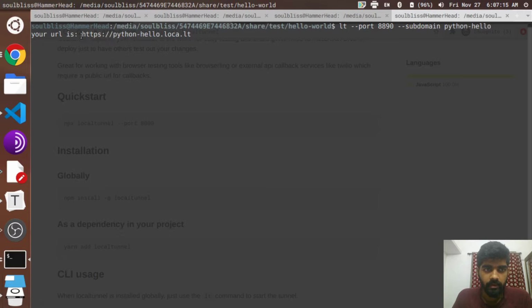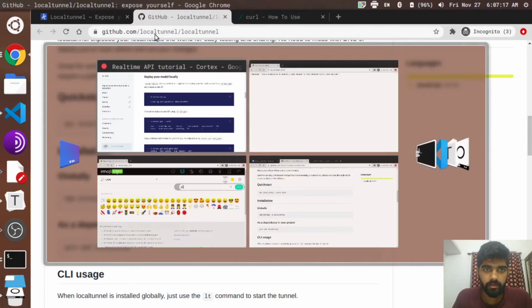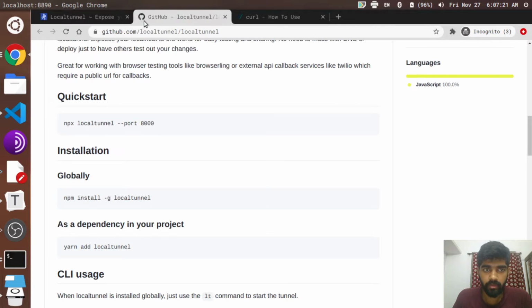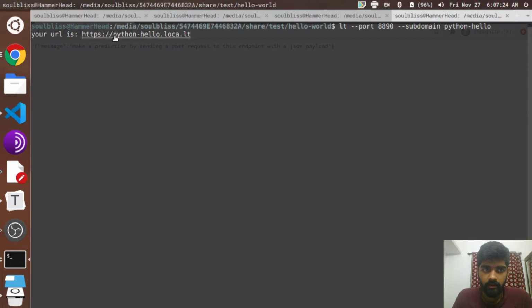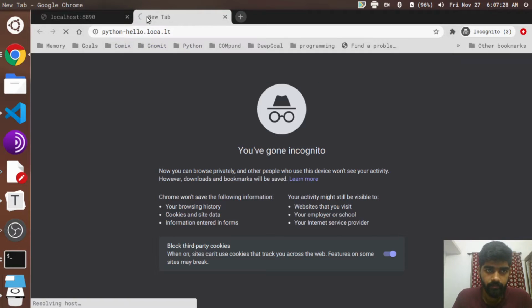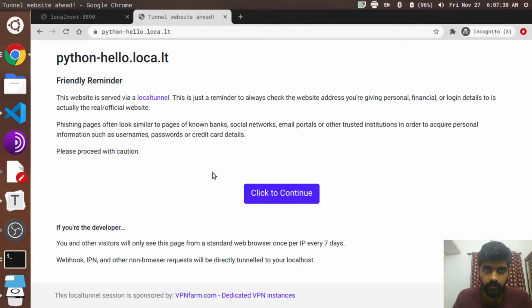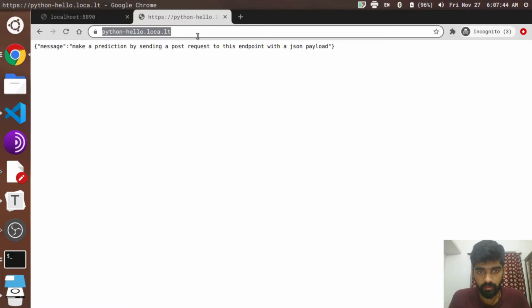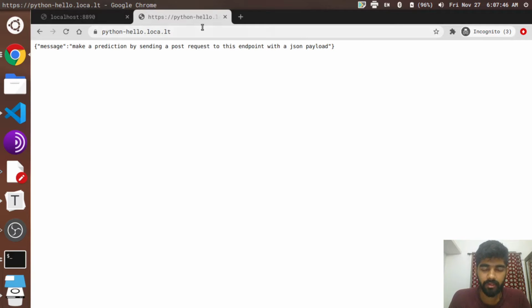And what it does is this 8890 port is exposed globally online at this endpoint. So you just copy paste this and run it, and you'll get a one-time warning just to make sure that you are on the safe side. And then the same thing is available globally. You can use this anywhere, and you can share it with your friends too for testing purposes only.